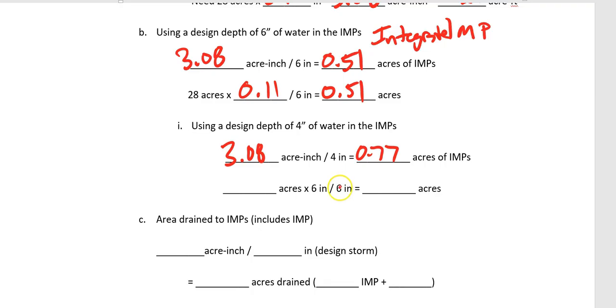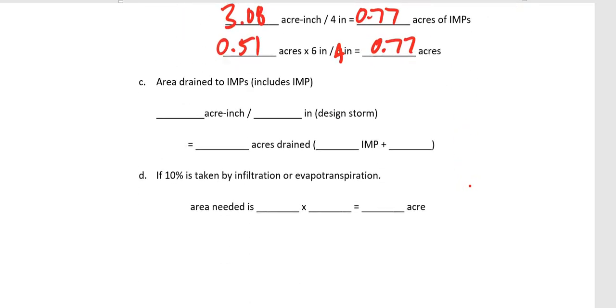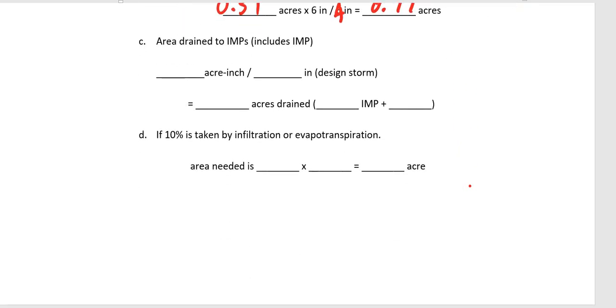Or, oops, that should be a 4 there. We calculated we need 0.51 acres of IMPs if we're using 6 inches. If we use 4 inches, it needs to be a little bit bigger. How much bigger? Well, 6 over 4 bigger, 0.77. Actually, I'll come back to that. All right, so